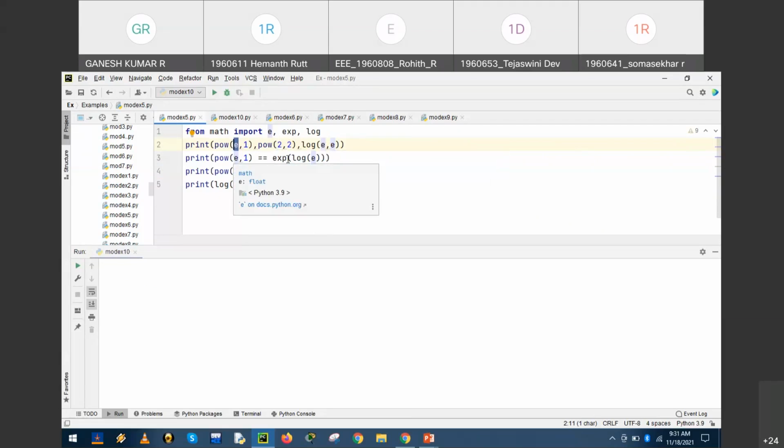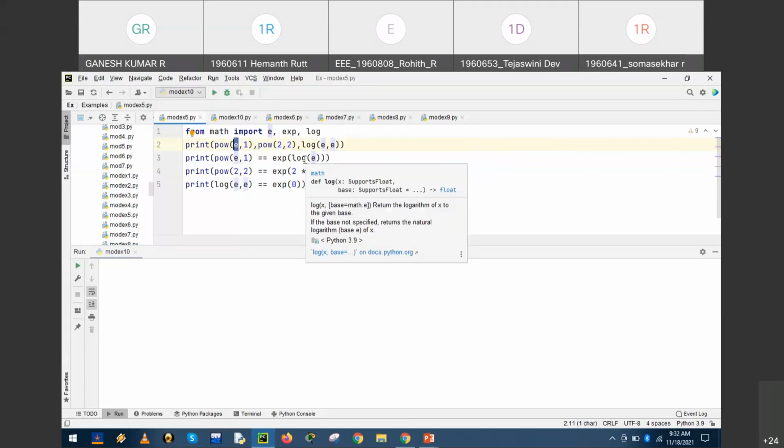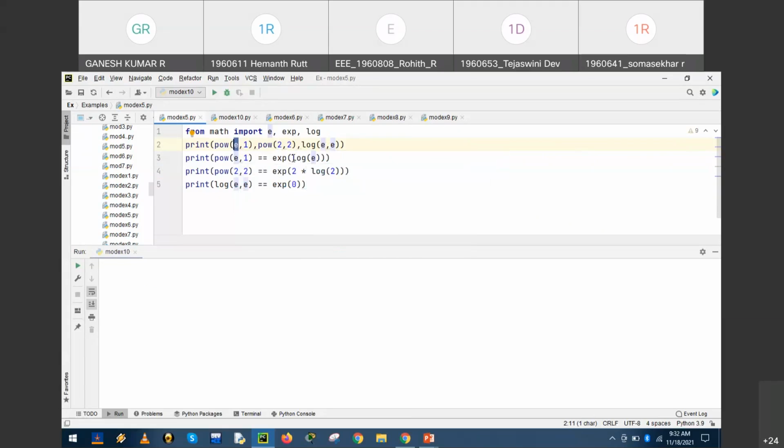pow of e comma 1 and exp of log of e: this is equal. pow of e comma 1 is nothing but e power log e. Those who are good in mathematics might have understood. Exponentiation of log e is equal to pow of e comma 1, so we expect this statement will return true.